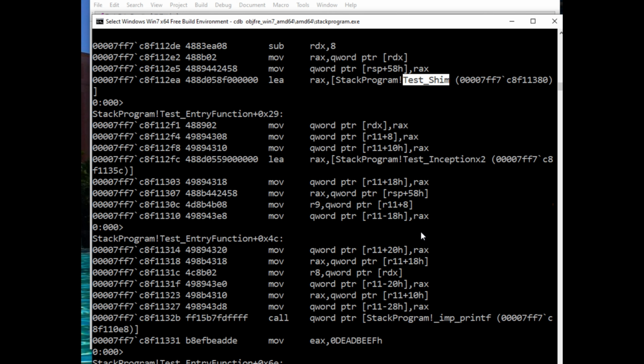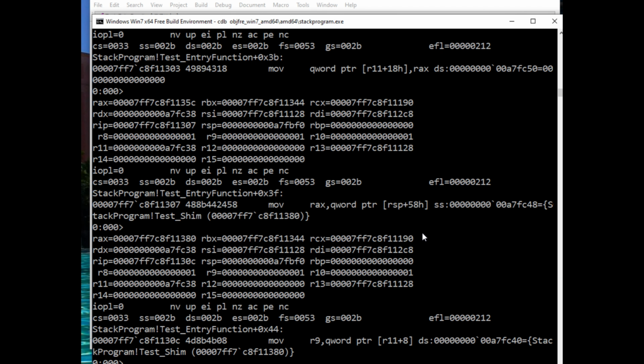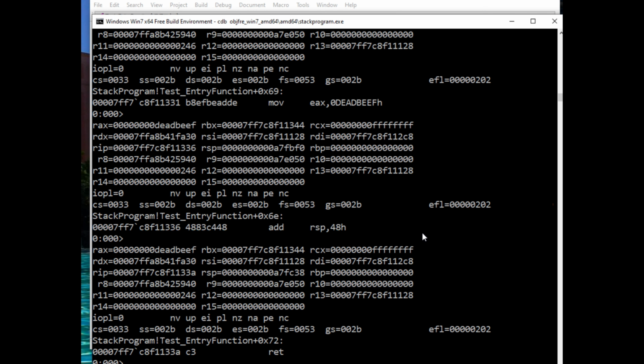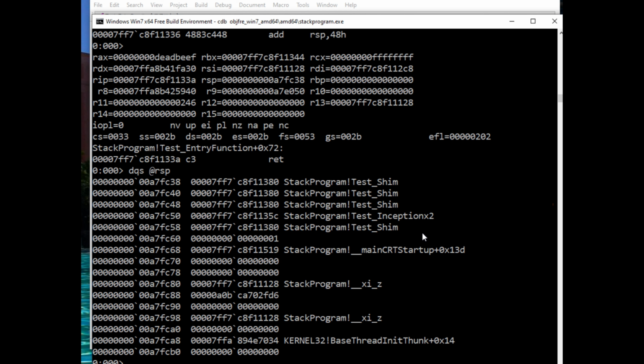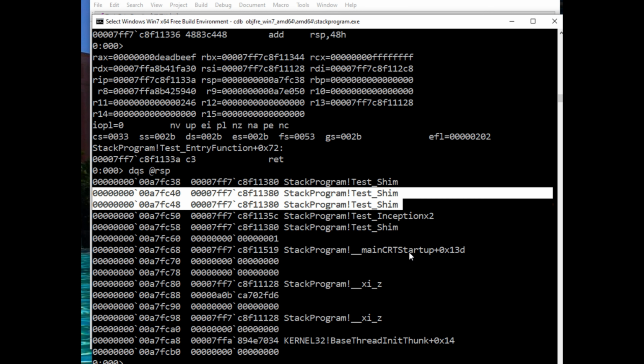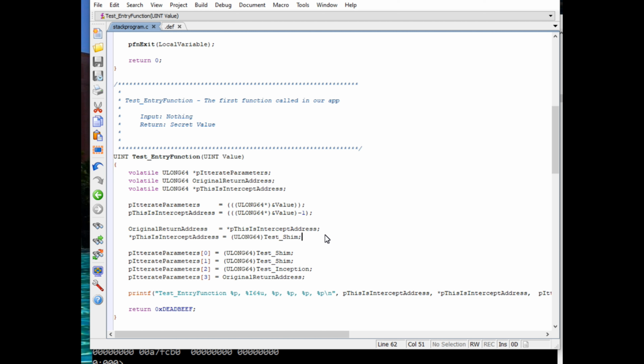Okay. Let's go to the end here. All right. It's better this time. Because we have the return address. We have 2 shims here. Ah, it optimized. Or did I put them out of order? No, I didn't put them out of order. It optimized,